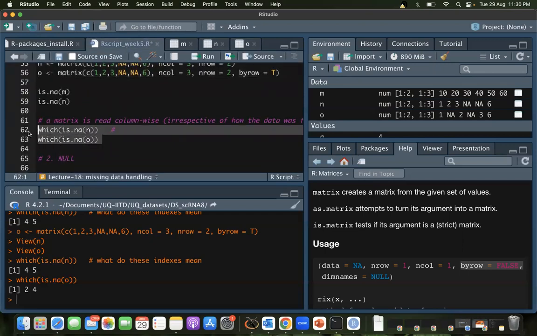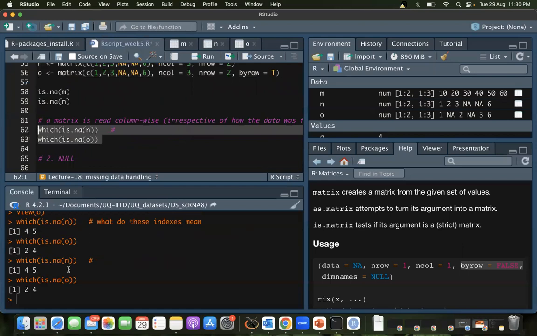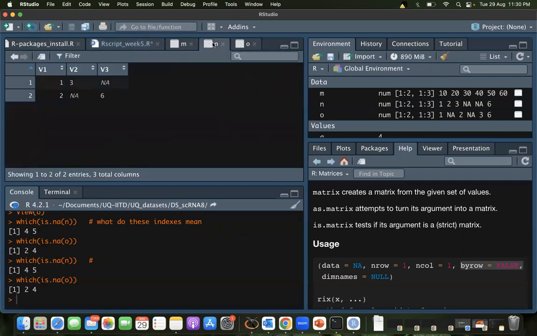But now this one, it's giving me a different thing. And the reason is, it doesn't matter how it was filled. Forget how it was filled, and look at this matrix by itself.